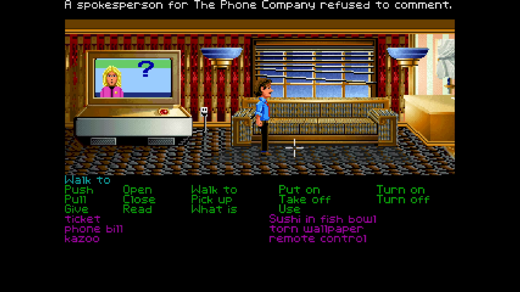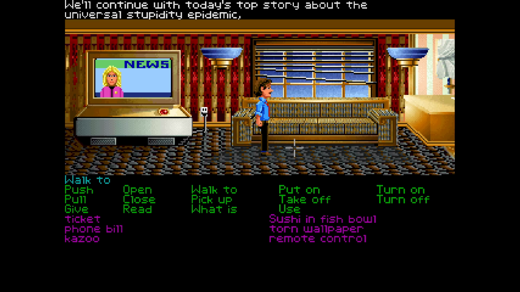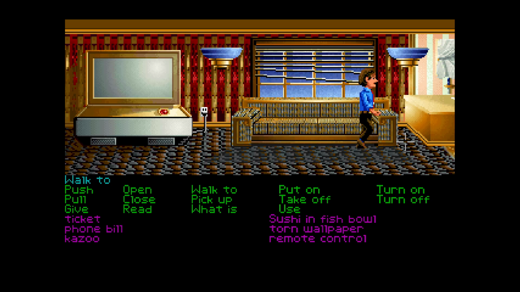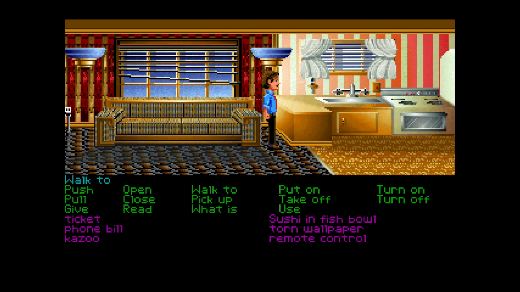Yeah, kids, back in the day, there was only one phone company that ran all of the landlines. And yeah, it's going to repeat at this point. So we'll go ahead and use the remote control to switch the TV off. And continue exploring Zak's apartment,